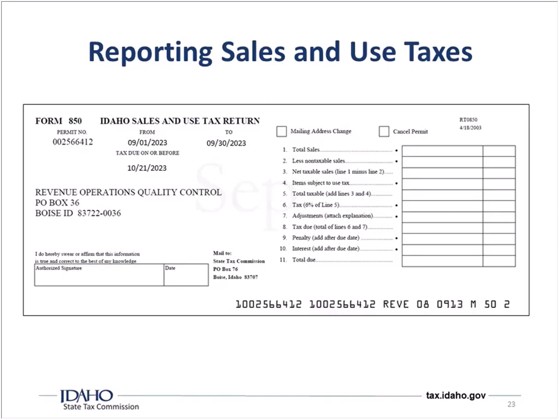So if you lose one of these, or you can't find it, which happens, just go ahead and call us. The phone number is going to be at the end of this presentation. Just give us a call or go into your local field office. We can get it taken care of for you. Okay?